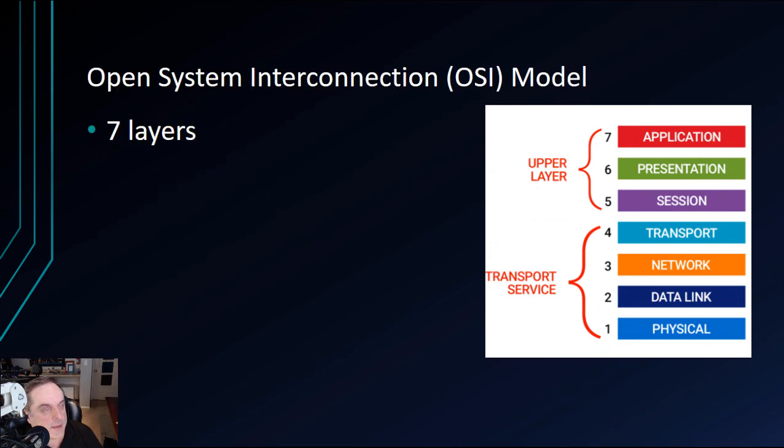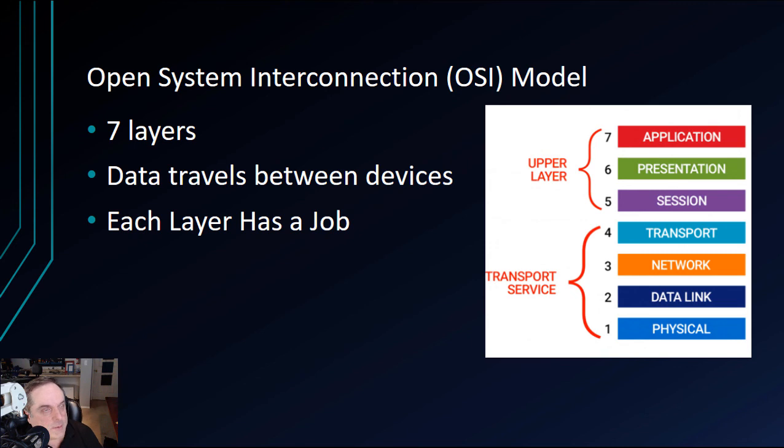So just to recap, we've got the 7 layers of the OSI model. Data travels between the devices from 7 down to 1 and 1 back up to 7. Each layer has an important job to do. The data from each of the 7 layers can be visually seen by using a protocol analyzer device or program. An easy-to-use one could be Wireshark or Network Monitor, and that is freely available. Being able to see the packets broken down into each of their layers can help us identify which layers may be causing problems so we can pinpoint our troubleshooting efforts.